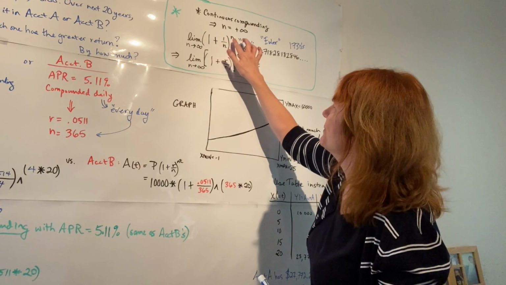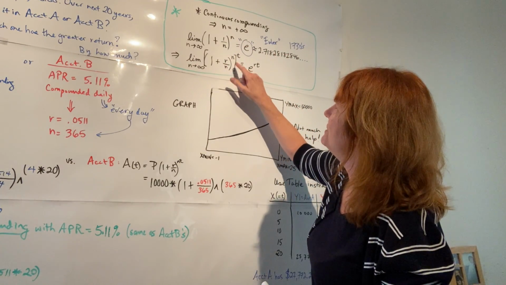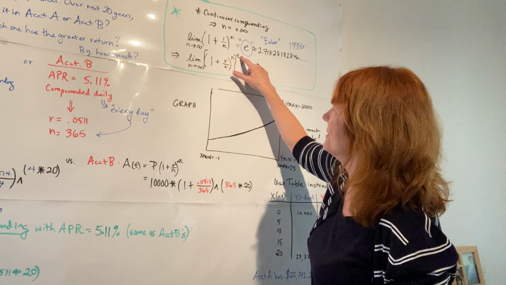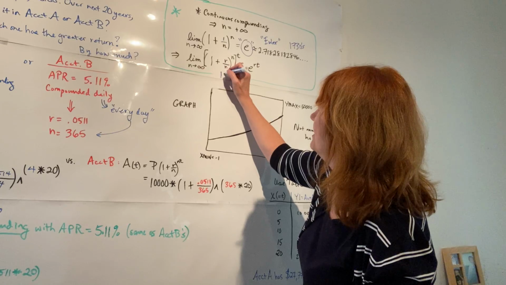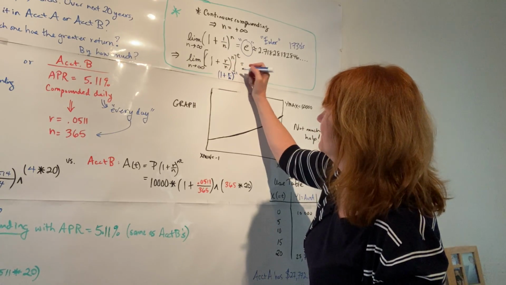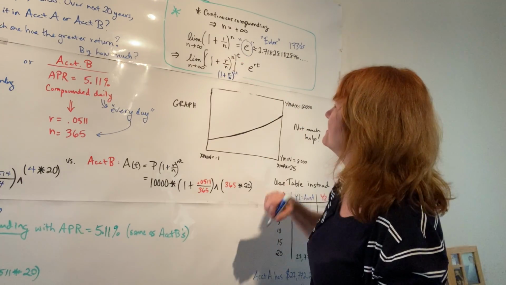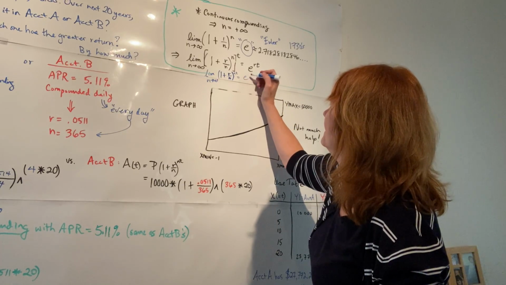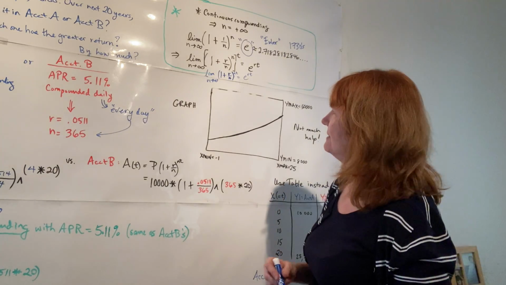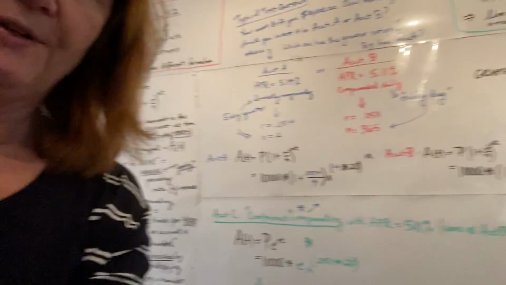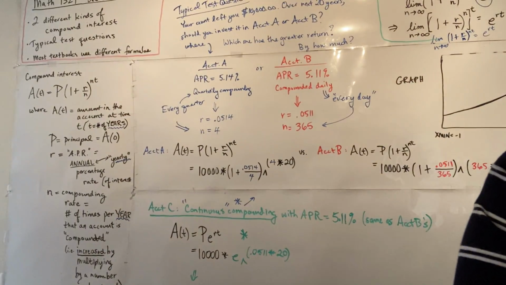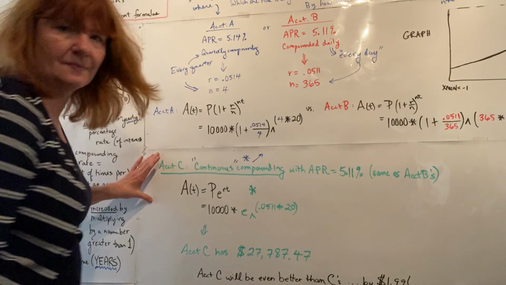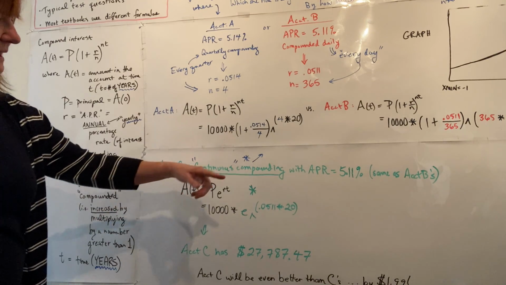So not only does this expression go to this fixed number, but if you take that 1 plus r over n, now that looks like our compound interest formula, raised to the n, and raise that whole thing to the t power. Now you notice that this part here is the same thing as 1 plus r over n raised to the nt, right? Because a power raised to a power means you multiply the exponents. All right, so if we take the limit of that as n goes off to infinity, we're going to get this function, e to the rt. And that's what gives us this formula that gets called the PERT formula. So that's what it looks like it says. You see right here? Okay. So if you let n go off to infinity,